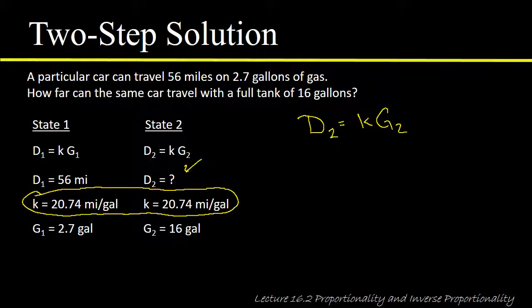Sometimes you have to do a little bit of algebra to rearrange here. If, for example, we had D, but we were solving for G, then we'd have to do a little bit of algebra to rearrange this. In this particular case, we've already written it in such a way that we can just solve for D2 directly. Okay, so D2 is just going to be K,